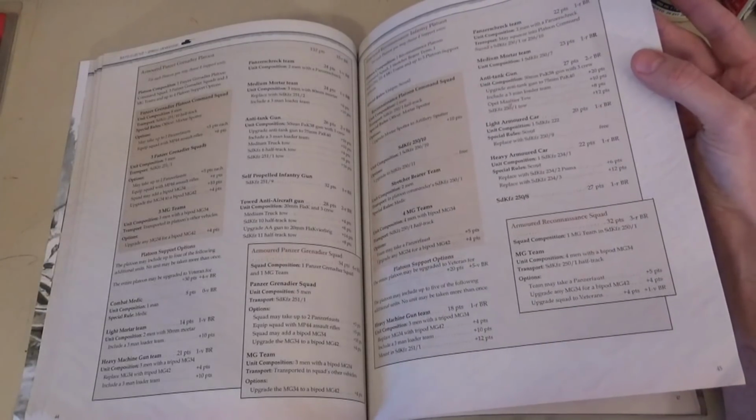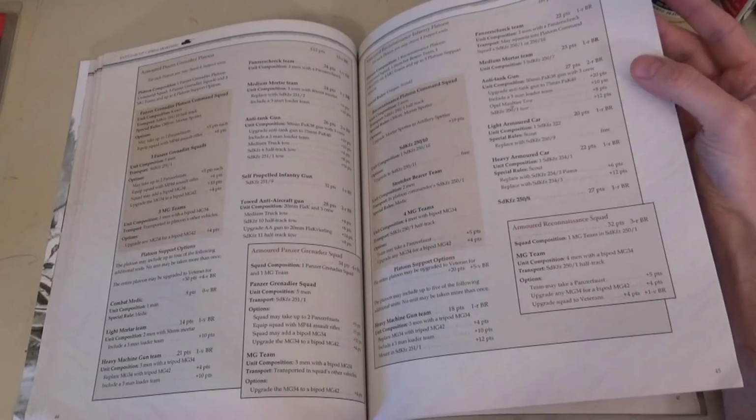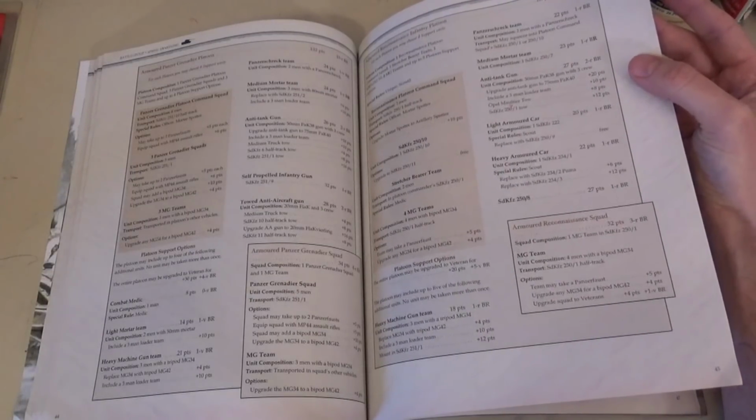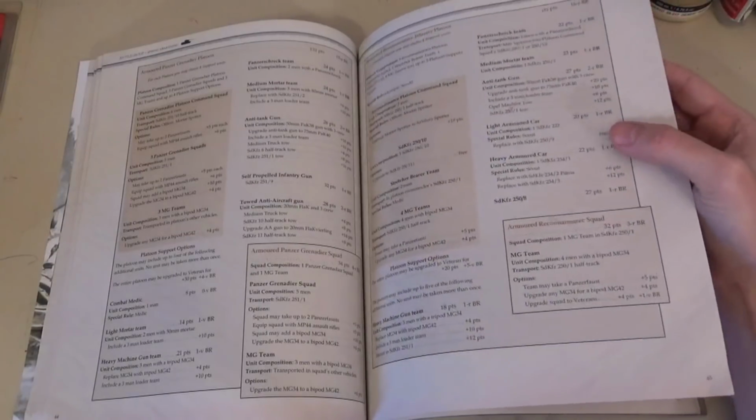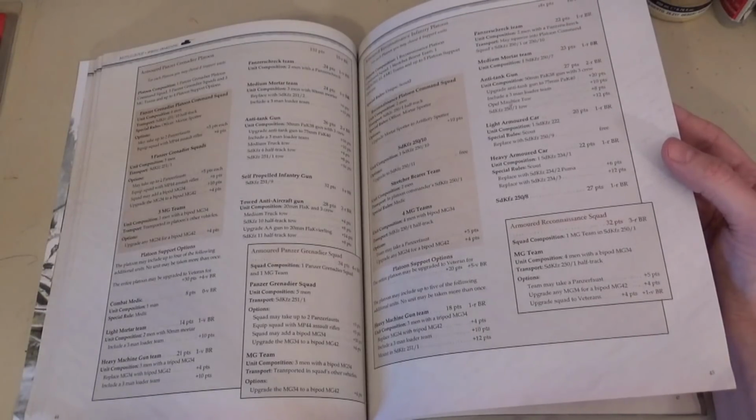But in this one, you can also add the light armored cars. So if you want to take a 222 in there with a scout ability, that's built into your platoon right here, as well as taking the Pumas, maybe, or a 250/8 SdKfz. You can get those in here as well. So for your support units, you can almost load up on Recce and armored cars and build a really quick,